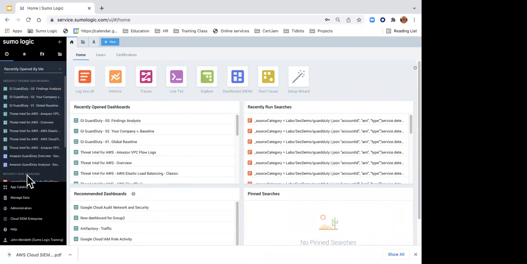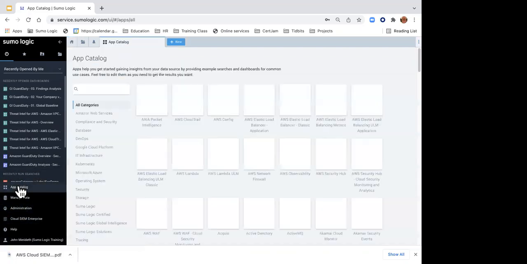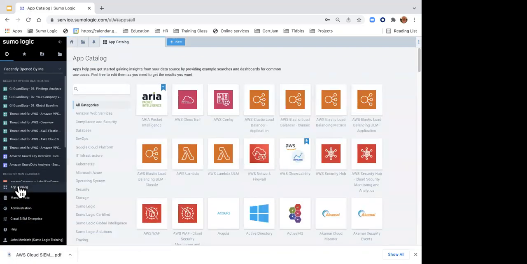Now, down below here is our main menu. Talk a little bit about that in just a little bit. Let's talk about it now. Down here in my main menu, I see this app catalog. Here in our app catalog is where we have a whole bunch of built-in applications that you and I could install that provide us hopefully somewhere between 70 and 90% of the information that we need to know. Okay. And I can filter these by various services.